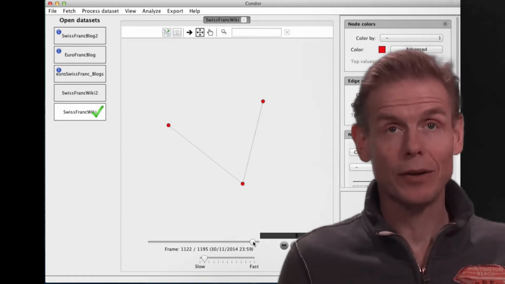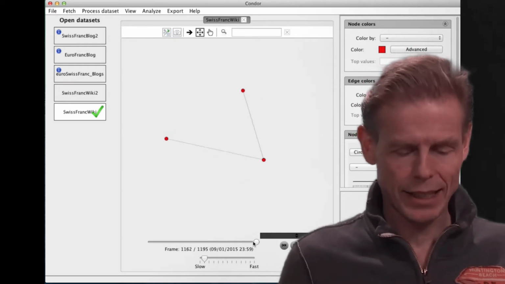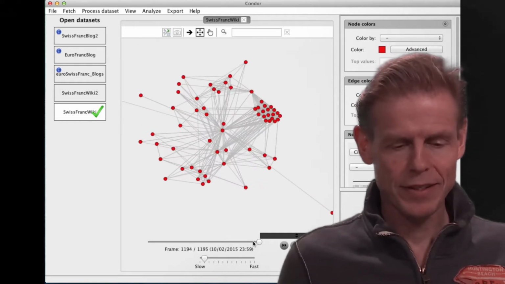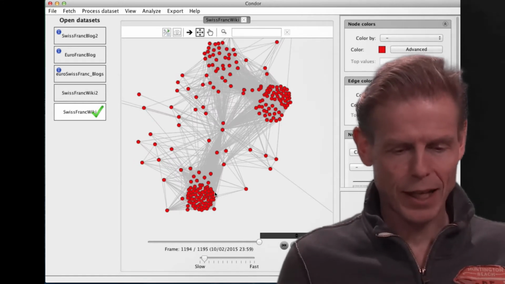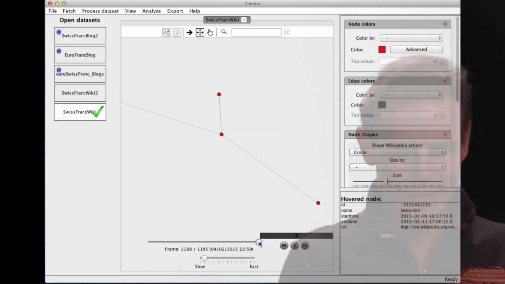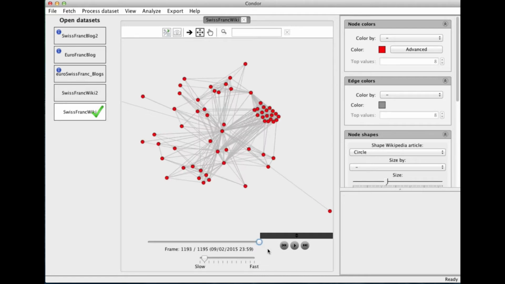Which does not mean that there are no edits. But I have only taken the last 250 edits, starting as of today and then going back and taking the last 250. And considering the recent turbulences around the Swiss currency, we expect a lot of changes, and indeed what we see here is exactly that. So if I single step here, we have the Swiss franc, then we have Swatch, and we have the Australian dollar, and then now we get suddenly an explosion of links. That means that the links to those other pages have been edited very recently,